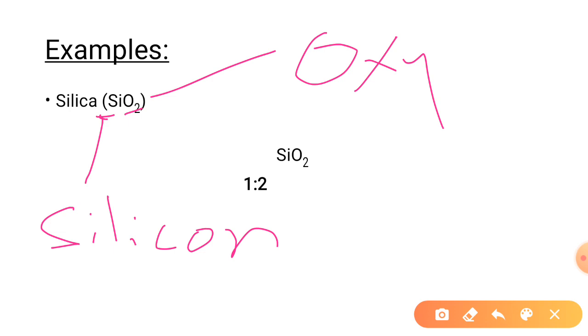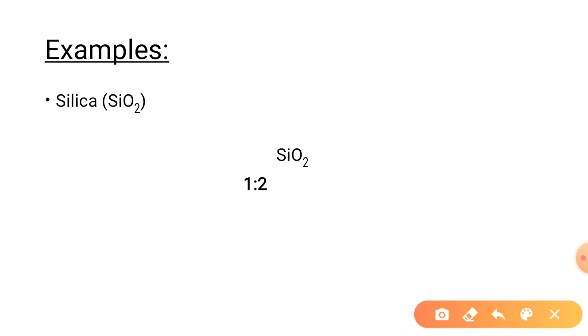Okay. Now, what is its empirical formula? Simplest whole number ratio. Yes, its simplest whole number ratio is 1:2. Silicon 1 and oxygen 2. To know it